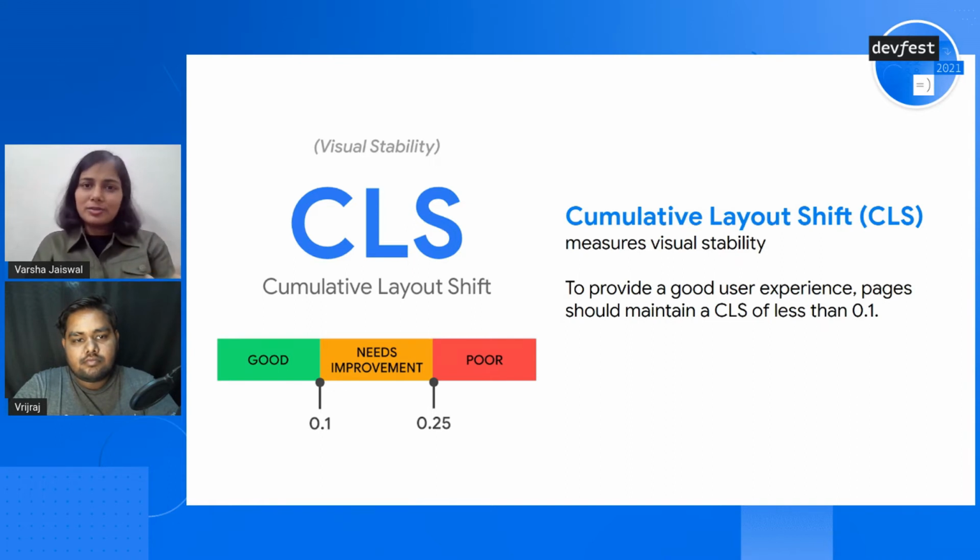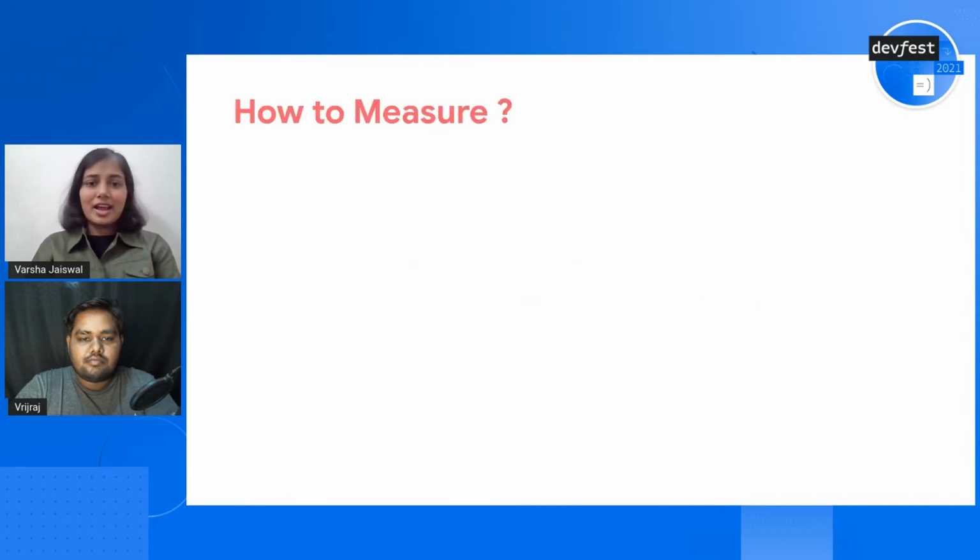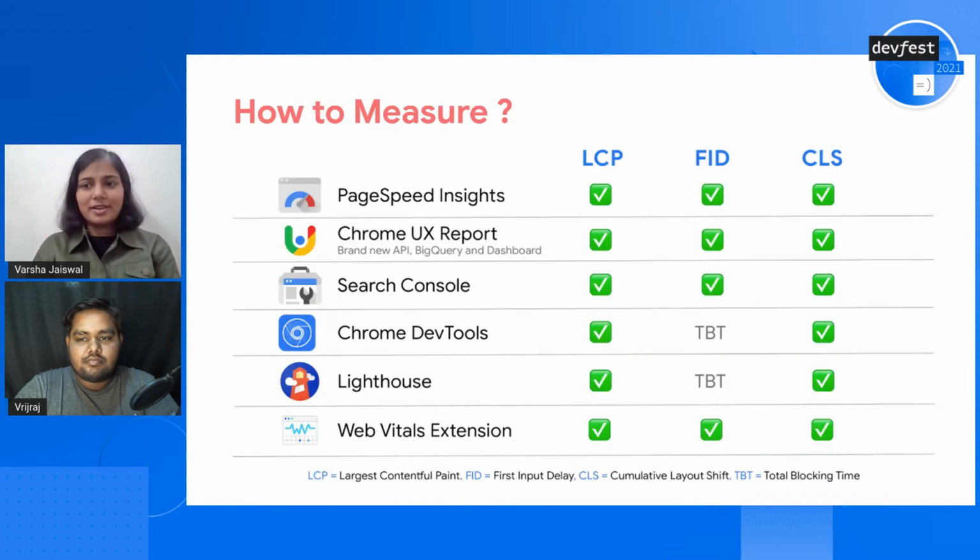Now I have talked about these numbers like 100 ms or 300 ms, 4 seconds, 2.5 seconds, and 0.1. The question is how to measure that, how you would know that the CLS on my website is 0.2 or 0.1 or whatsoever it is. No worries, there are a lot of tools to support you in measuring the various metrics I have talked about, and in tracking and improving them